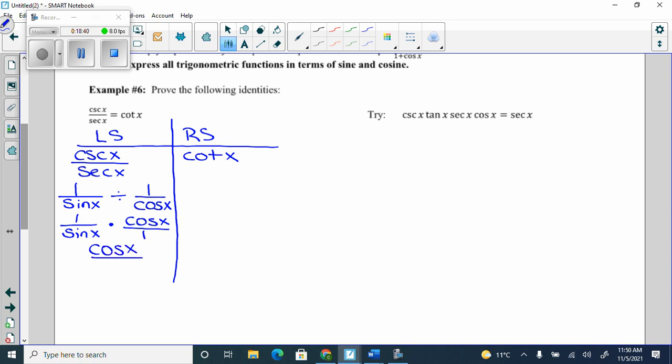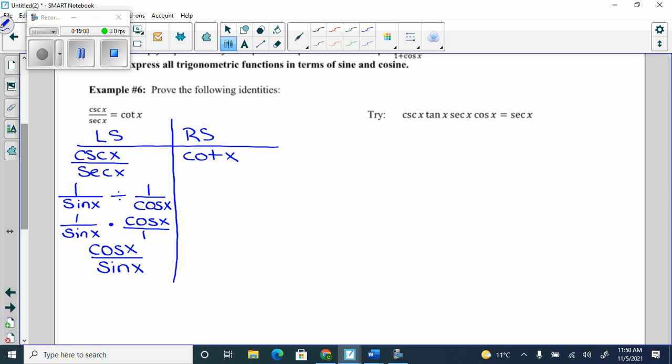This is what I have to tell you. This right here is the saddest moment of my life. This is the saddest moment of my life when people do this and then go LS equals RS. Because my kid in grade 5, who knows absolutely nothing about trigonometry, if I said to her, Isla, does cos x over sine x,